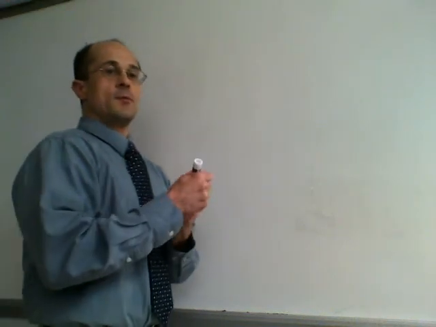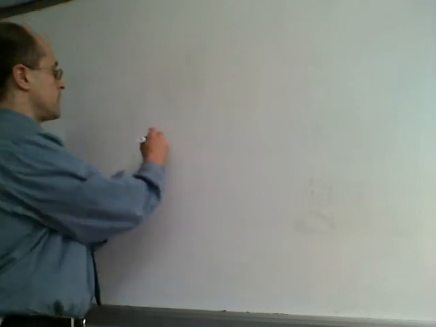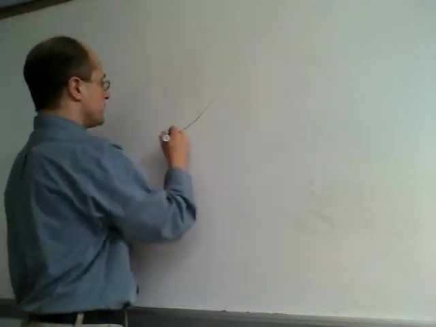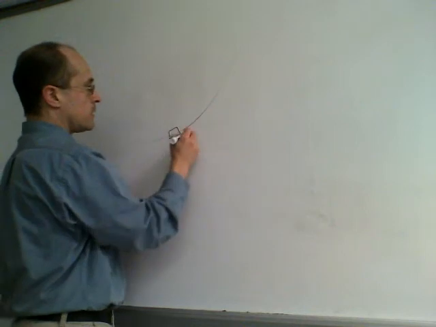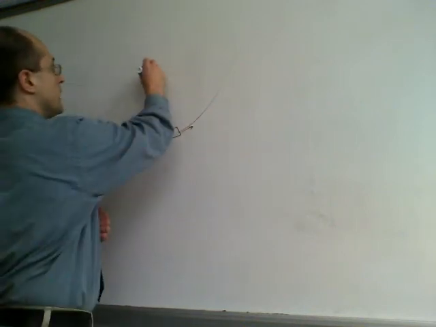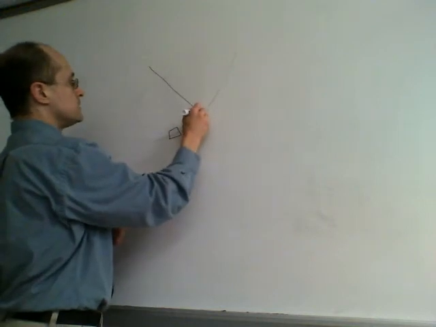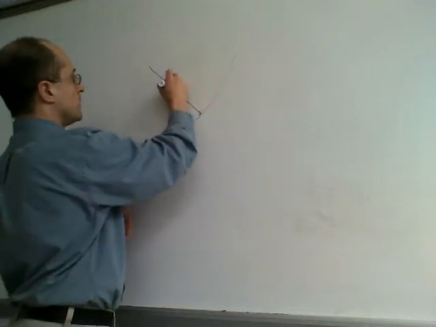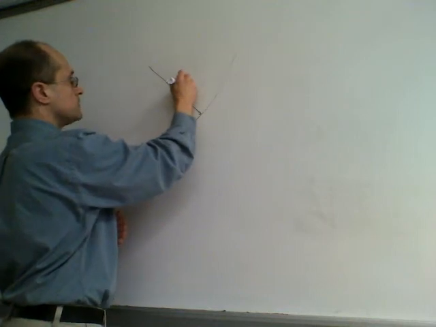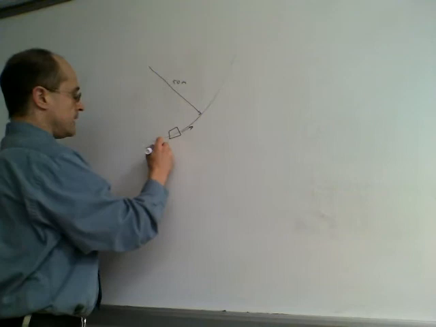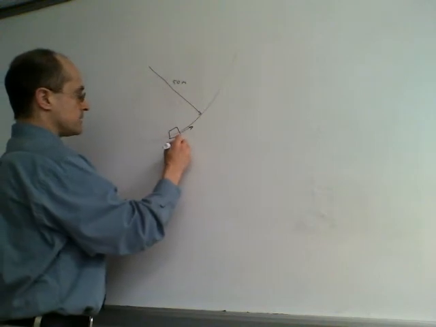Okay, so the problem that we want to look at today is a circular motion style problem. What we want to think about is we want to pretend that we have our car, and our car is driving at some speed, and we have to take a turn. Let's say the turn has a curvature roughly of, let's say, 50 meters, and we're driving in our car that has a mass of 1,000 kilograms,